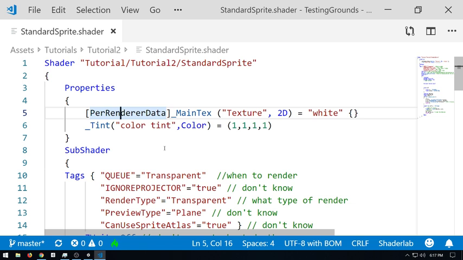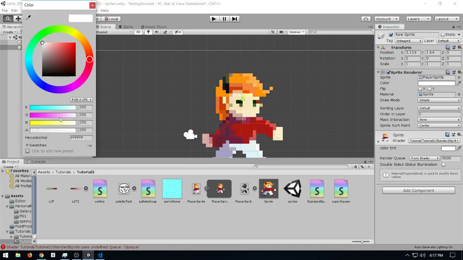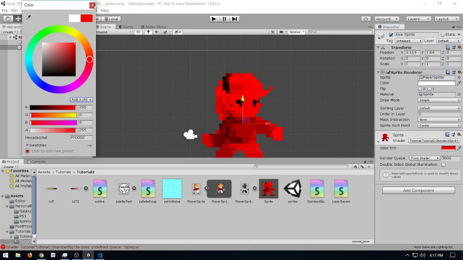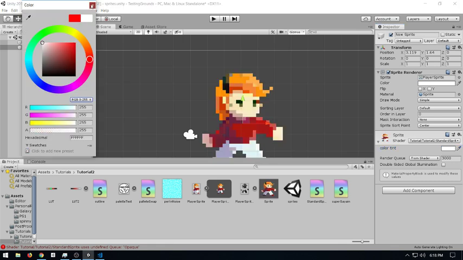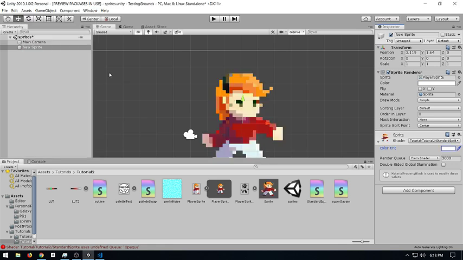And I want to say that it has rendering implications as well: it's not going to bake or try to batch these renders together if it knows it can't, because of the per renderer data, because it now needs to be dependent on some other data somewhere else. So it's just not going to pull that. And tint, you know, always nice to have a color tint. It's all red. So yeah, that's pretty much the standard shader.